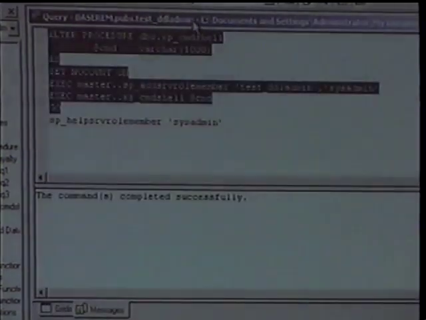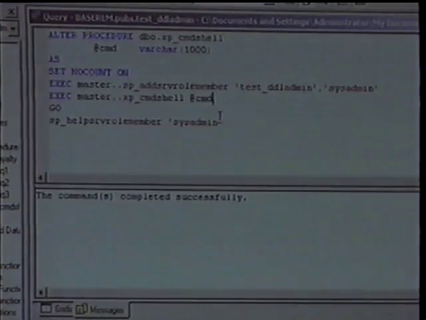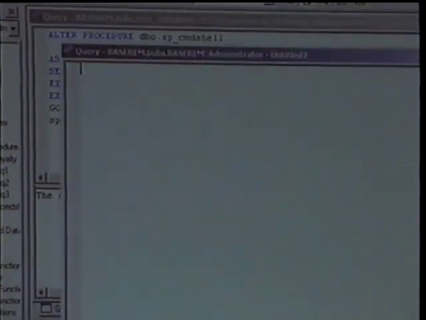There's two things that I wanted to do here. One is go ahead and add myself to the system administrator's role. And on top of that, I'm going to go ahead and execute whatever the system administrator was attempting to do. The reason I want to do this is because I don't want him to know that this has happened. I don't want some kind of message to pop up and say, hey, this guy's been added to the group or whatever. And it'll be an immediate sign to him that something has happened. So by executing his command,